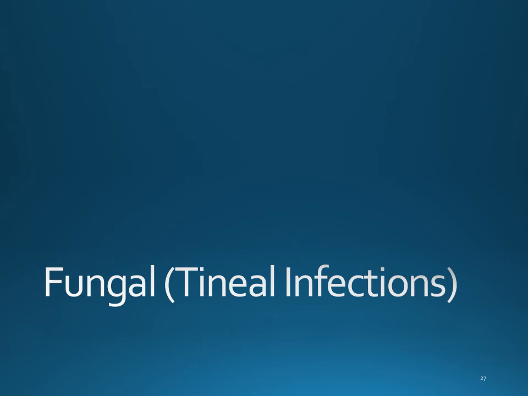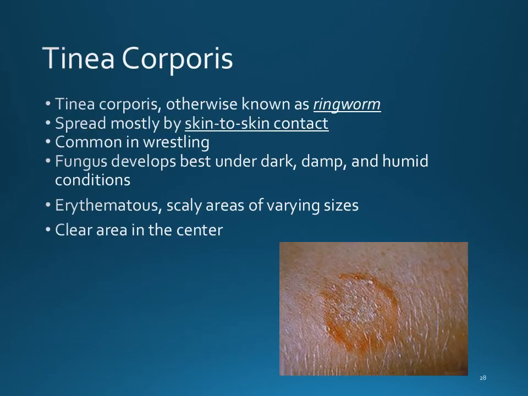Because all of them really are going to be treated the same. They're all fungus. We're going to talk about several different ones. This is not an exhaustive list of fungal infections, okay? There's a whole lot more, but I'm just choosing to cover these. So Tinea corporis is what we generally think of as ringworm. So you've got this red ring appearance, and then in the middle, you've got this normal skin tone. Yes, you can still see some discoloration right there, but for the most part, this matches normal skin tone more so than the redness. Okay, so Tinea corporis is called ringworm.